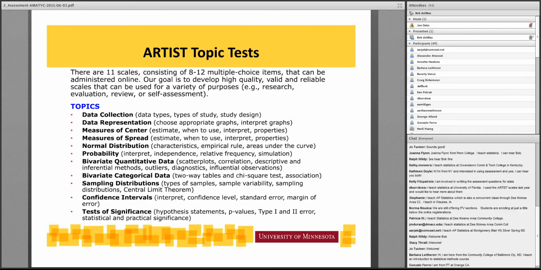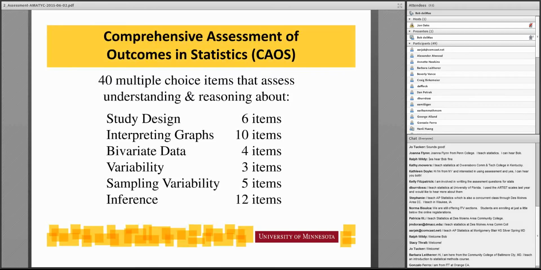You can use these for whatever purpose. You could use them to give grades and scores, but a lot of people use them as review, because once students take them, you can retrieve 2 reports. One report is an Excel file that gives you the percent correct for each student. The other report is a Word file. It shows you the actual items and the response choices, and it indicates the percent of your students who chose each response choice, so you can use that as a review if you would like with the students. Okay, I was just glancing over to see if anybody had any questions, and I'll move on.